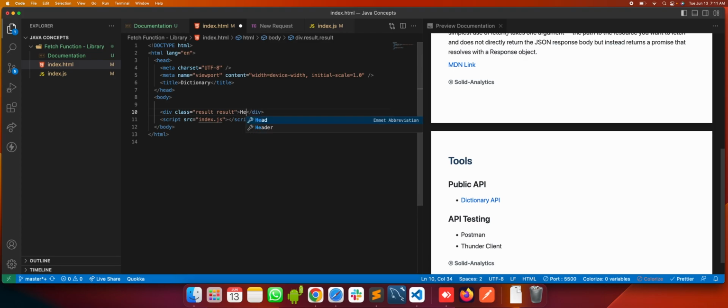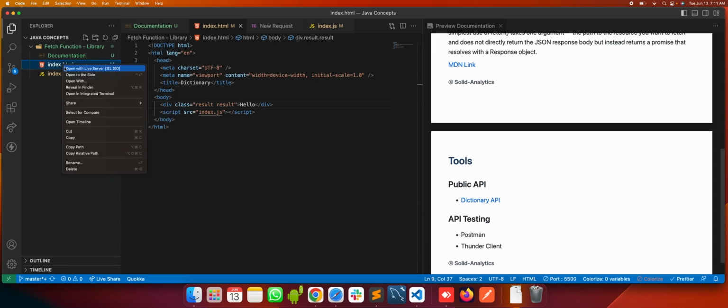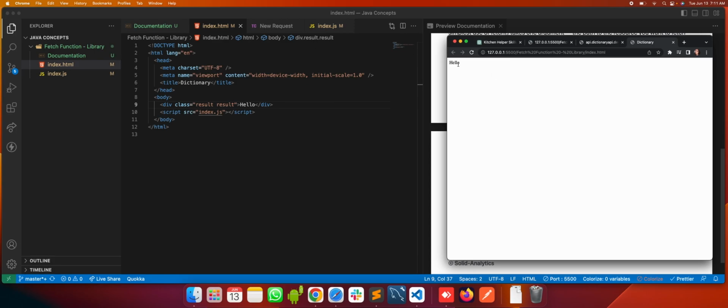Let's say hello, save it, and I have an extension called Live Server. You can get it from VS Code, and let's open it up. Yes, it's working. Let's close this.